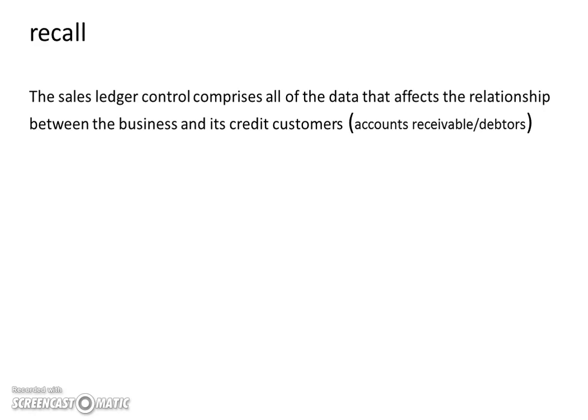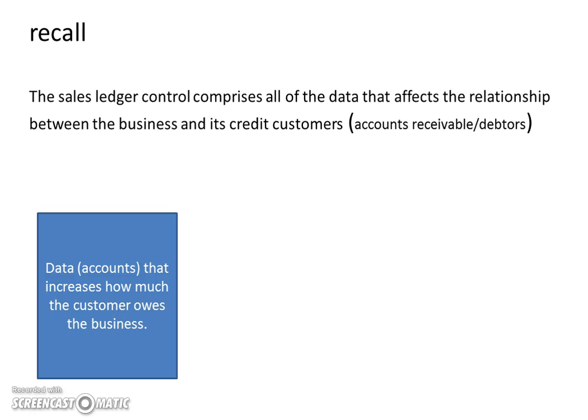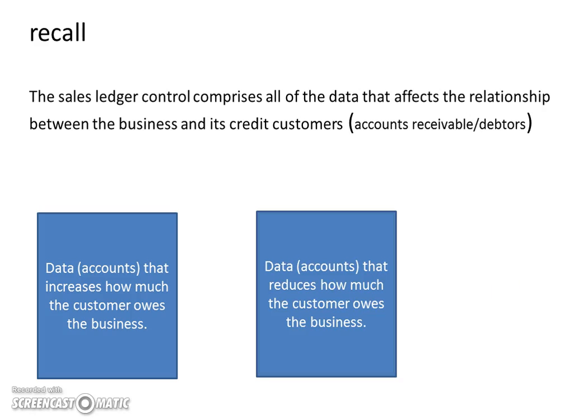Good. So recall, the sales ledger control comprises all of the data that affects the relationship between the business and its credit customers. So we know that we're looking for any data that increases how much the customer owes the business, less any data that reduces how much the customer owes the business. So the items that increase the customer's balance are